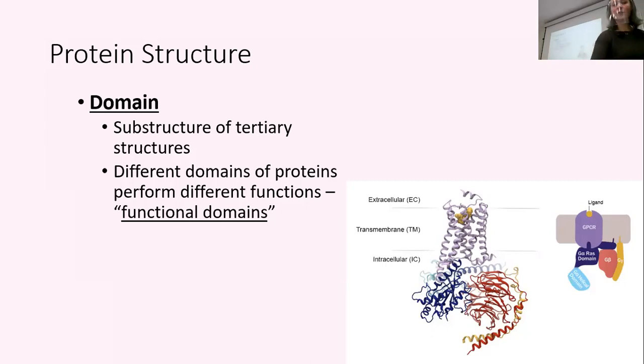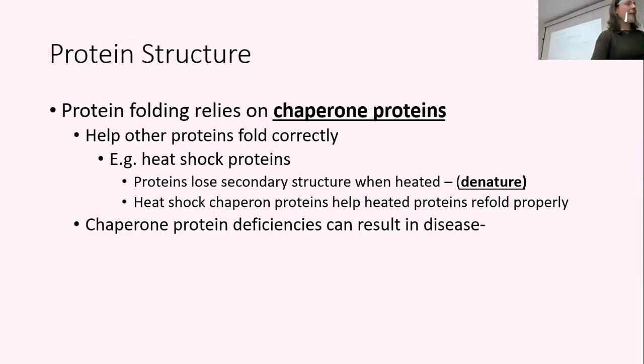Now, if we're making these giant complicated proteins out of hundreds and hundreds of amino acids and then folding multiple polypeptide chains together to make proteins, it is critical that we fold the proteins correctly, right? For a protein to function, it must take a very specific shape. And so